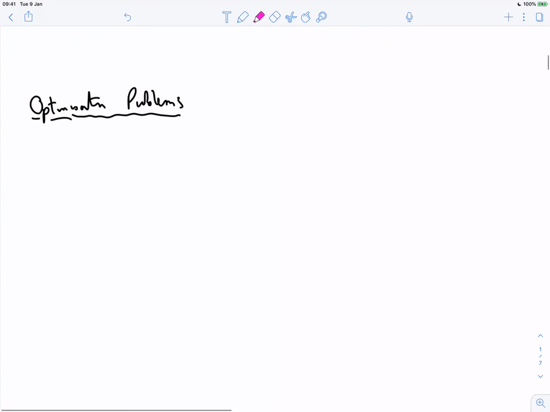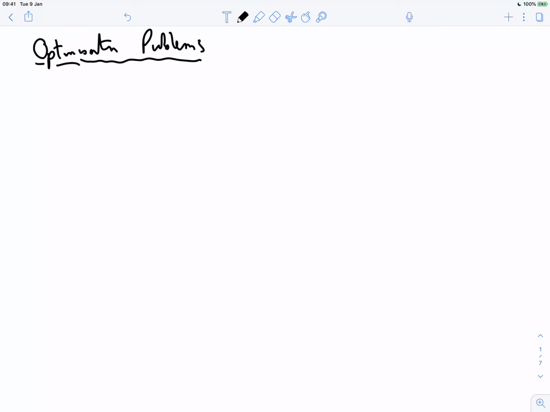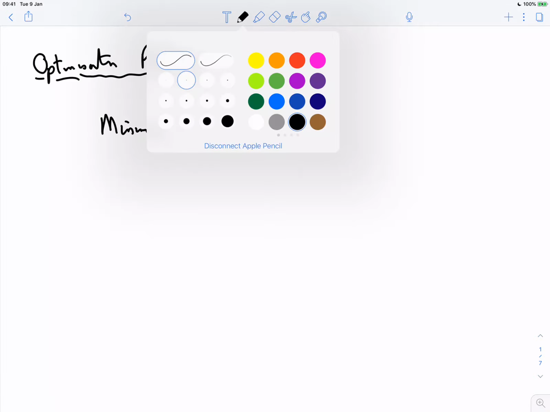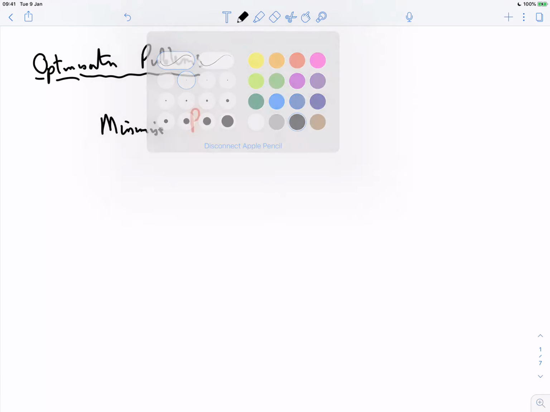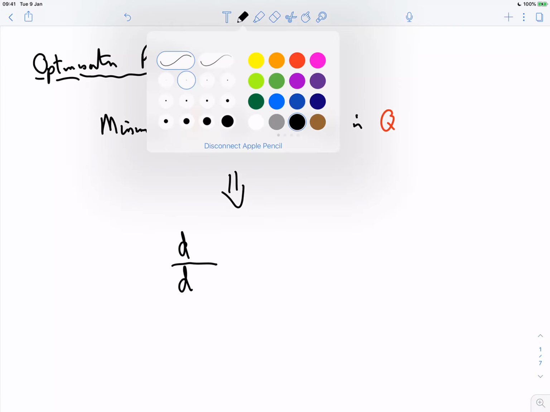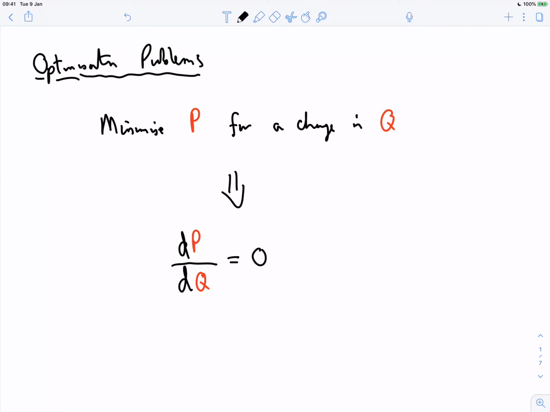Now, optimization problems. I've got some examples of this, but essentially, when you're dealing with radians, you're probably going to be dealing with funny boxes of different shapes, or you want to maximize or minimize things. And just as a recap, generally speaking, if I want to minimize, let's say, P for a change in, I don't know, Q, then that means that if I find the quantity dP by dQ and set it equal to 0,